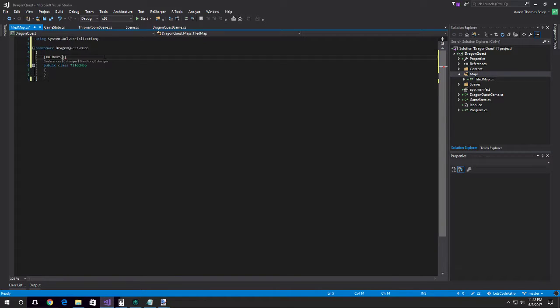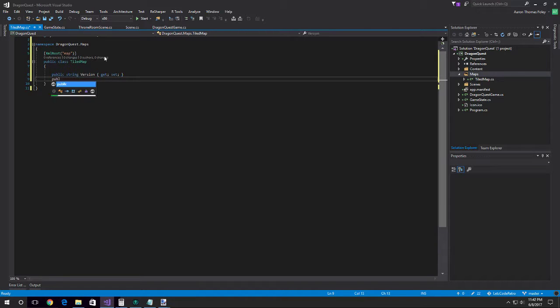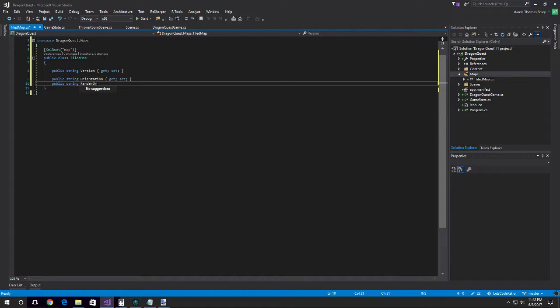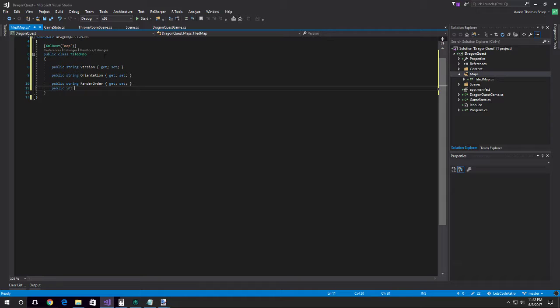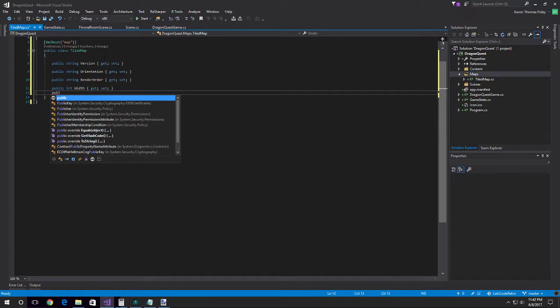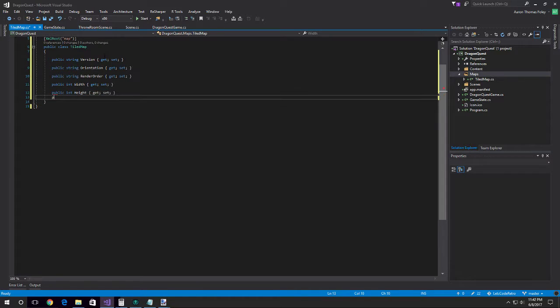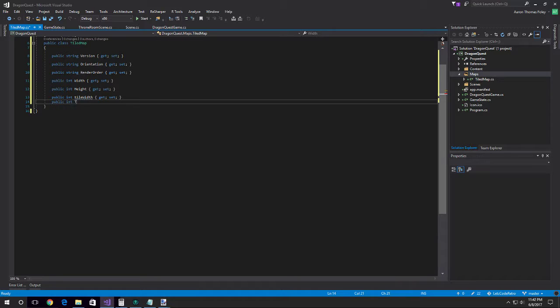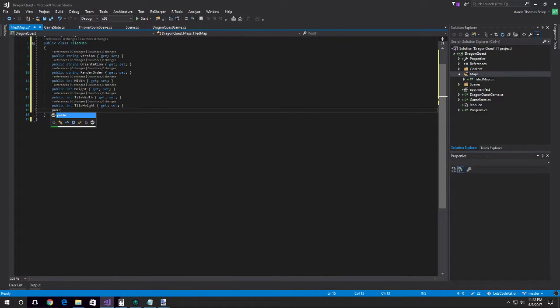So we know that the root of this is called map, and we need the version, orientation, render order, width, height, tile width, tile height, spell this right, the next object ID,